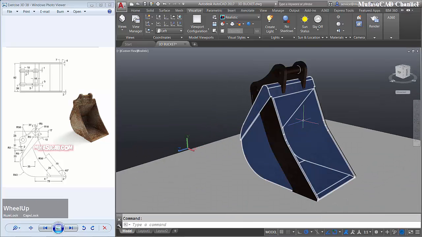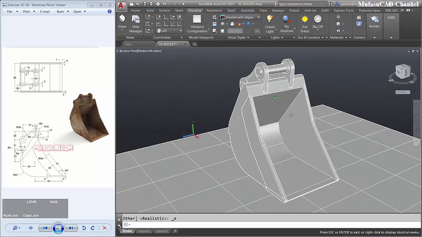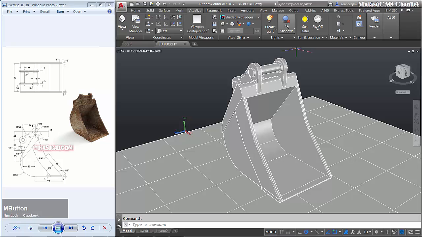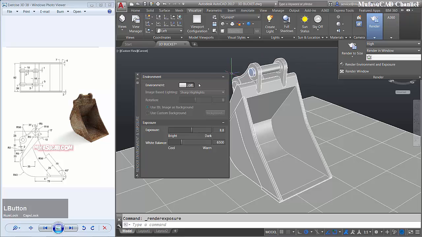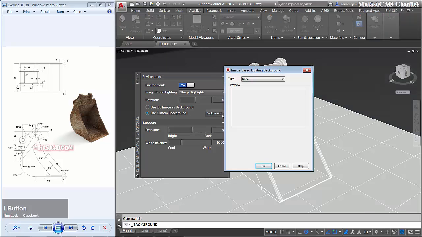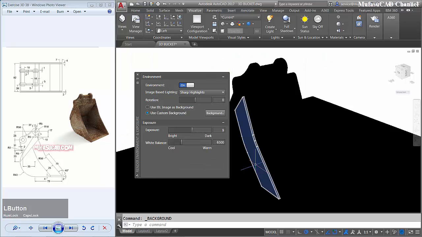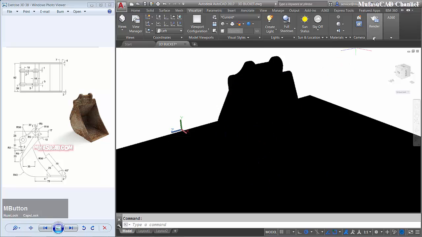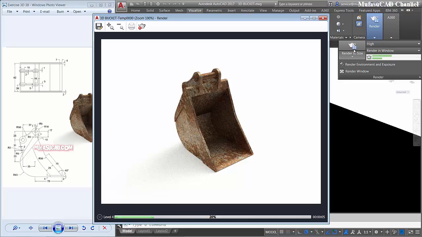Next, I use the orbit command. I will change into set with edge. Okay, I will orbit this object to get the best view for rendering. Okay, I will activate full shadow and then use a high render, activate environment and use a background. Change into solid with white color. OK and OK. Close. And I will try to render this object. You can click here and we render this object. Okay, waiting for the rendering process to finish.